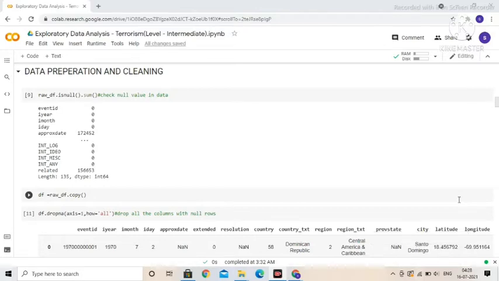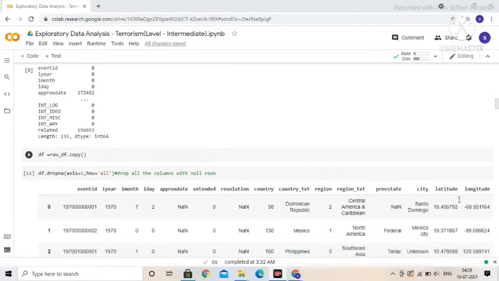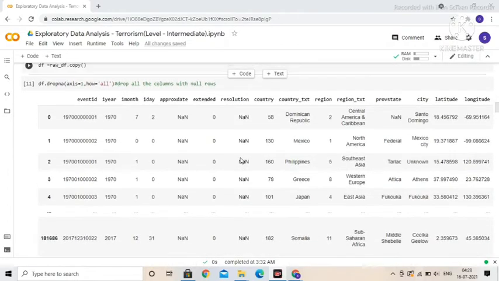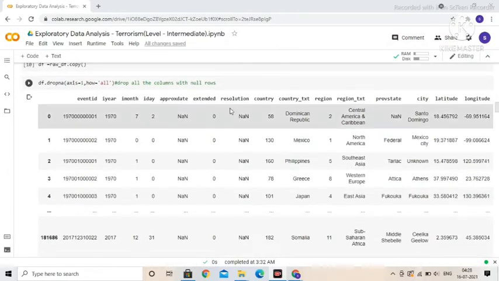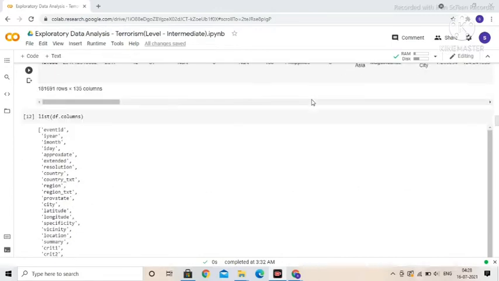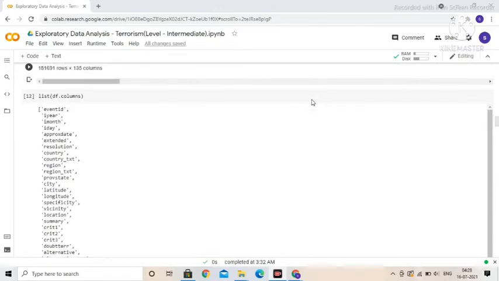So first we have checked if there is a null value in our dataset. We have used isnull().sum() to get the number of null values in our dataset. After that we have copied our dataset into a new data frame which is df. After that we have dropped all the unnecessary data columns which were not required. After dropping the data columns, we want to get the list of column names of the dataset. So we have used this method.